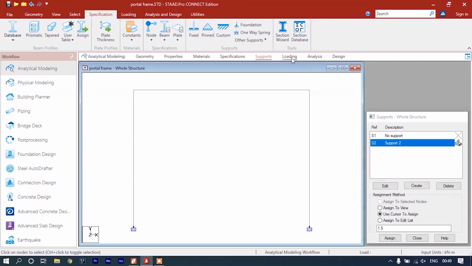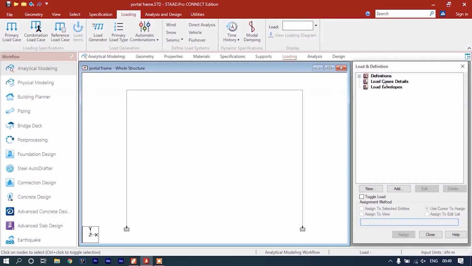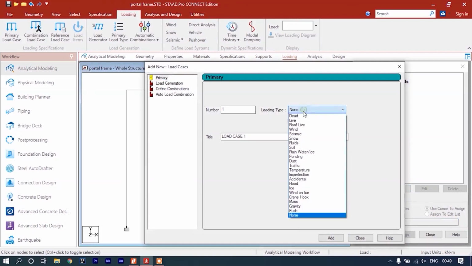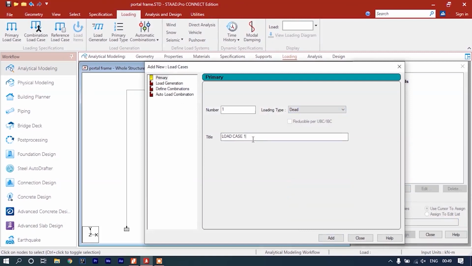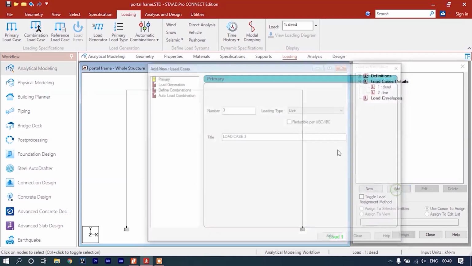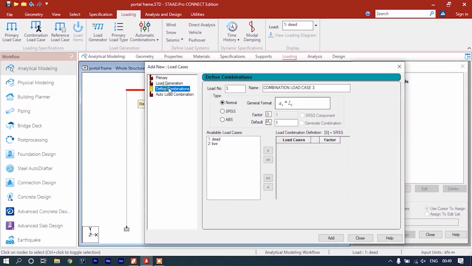Under loading, go to load cases and create a primary load case named dead, and another load case as live. And go under load cases and click on define combination.